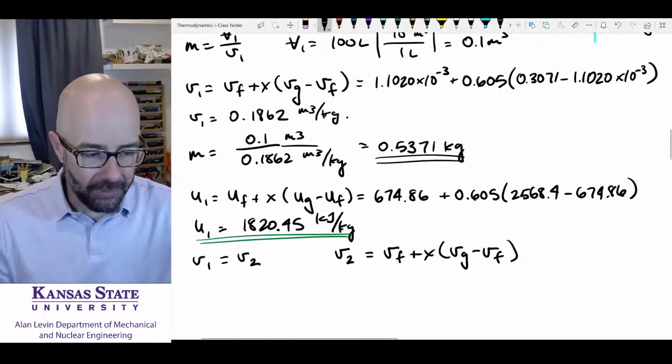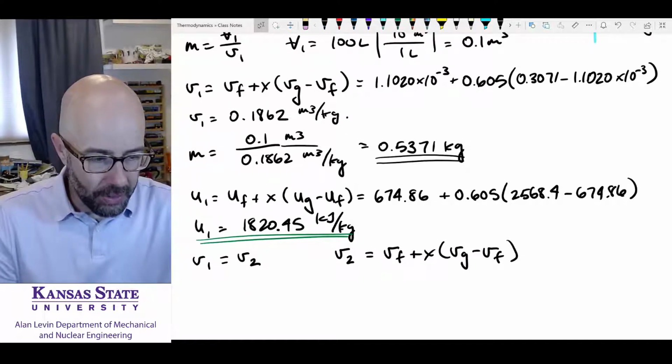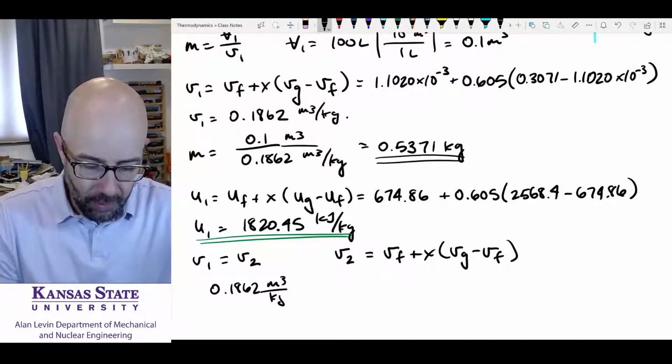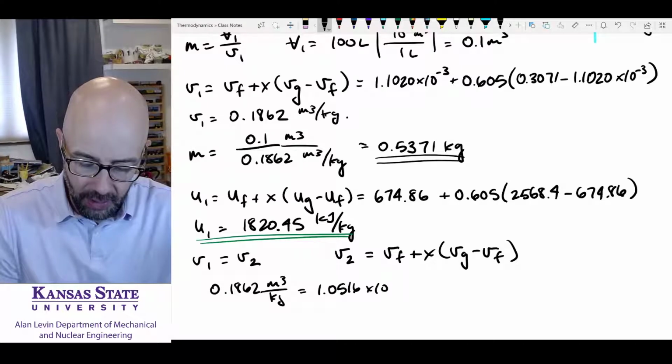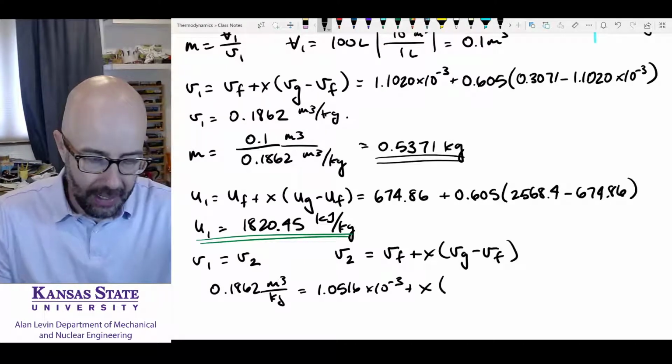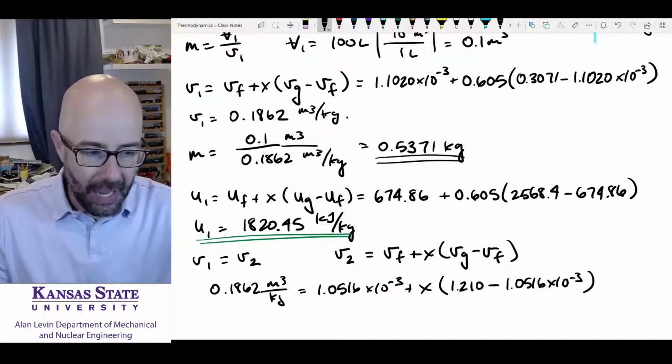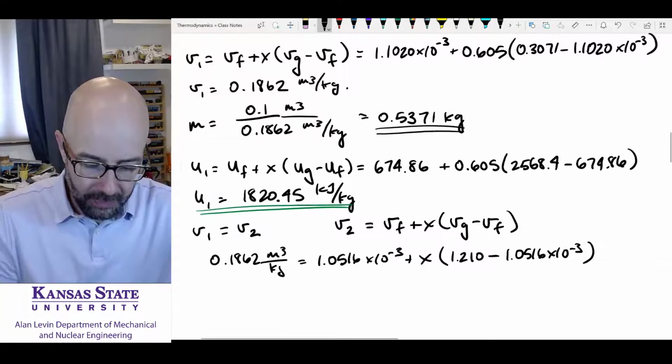So here's what we have. V2 is going to be equal to 0.1862 meters cubed per kilogram. Is going to be equal to 1.0516 times 10 to the minus third plus my unknown X times 1.2116 times 10 to the minus third. And this gives me an X value. X is equal to